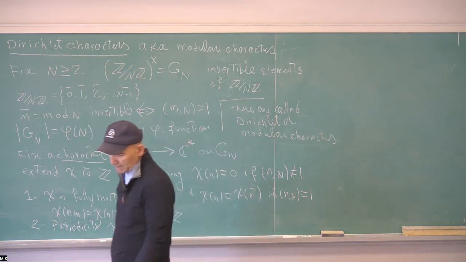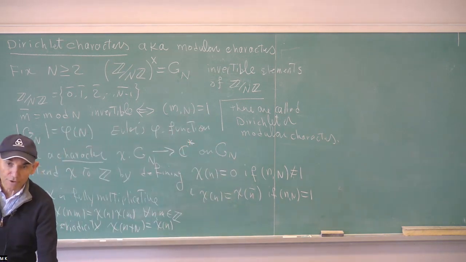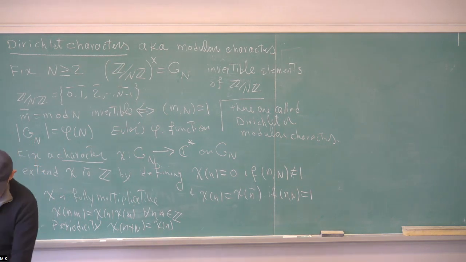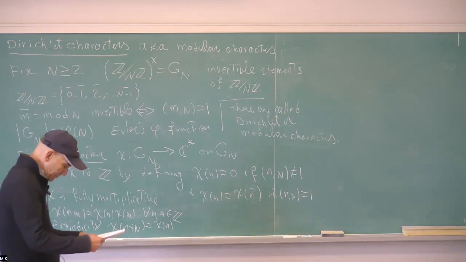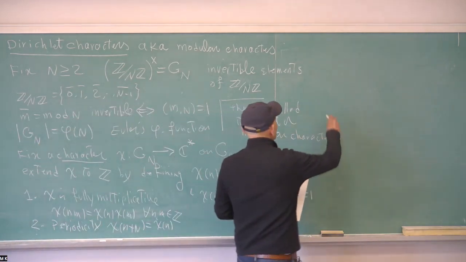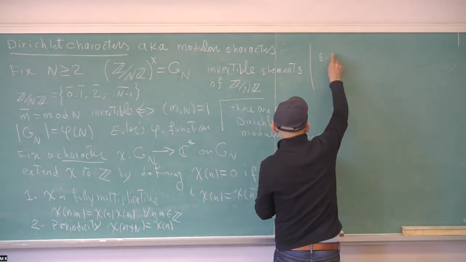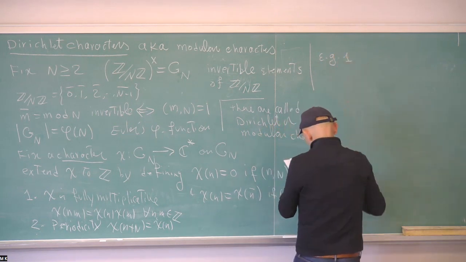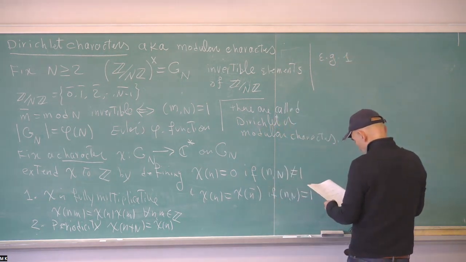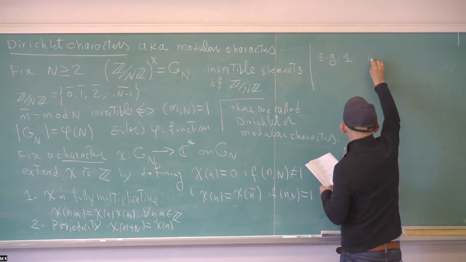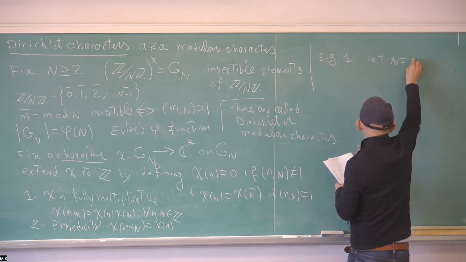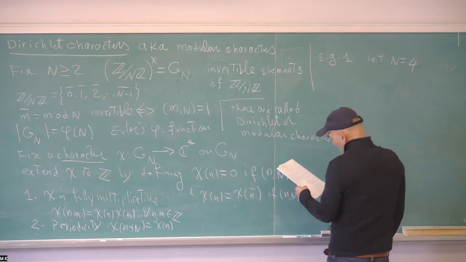So let's look at some examples of this. Any other questions, by the way? So let's look at some examples. Example 1. Let's take, for example, n equal to 4. Then in this case,